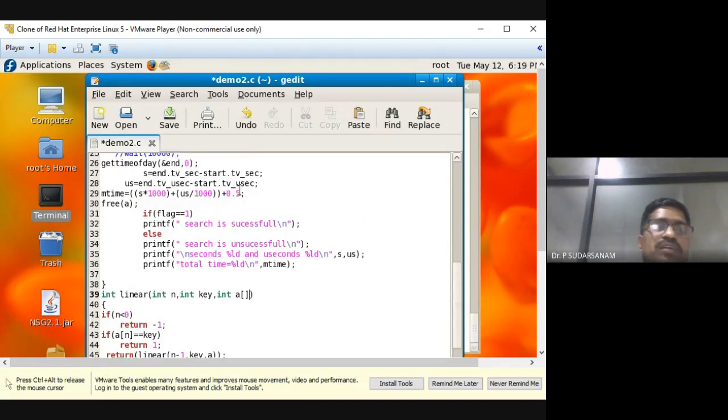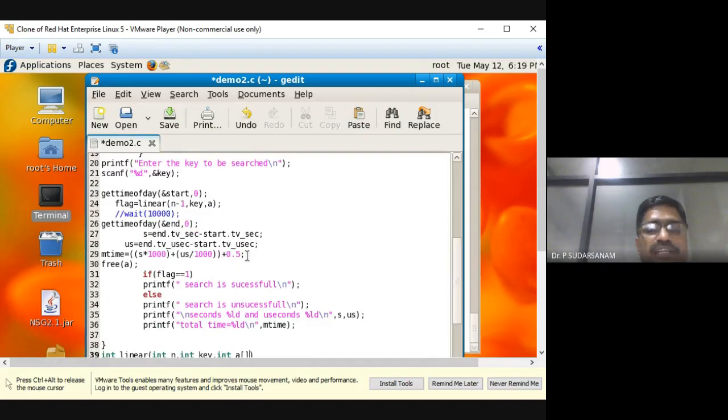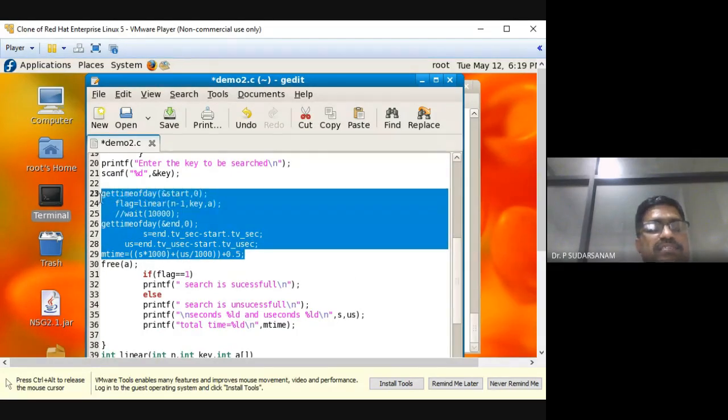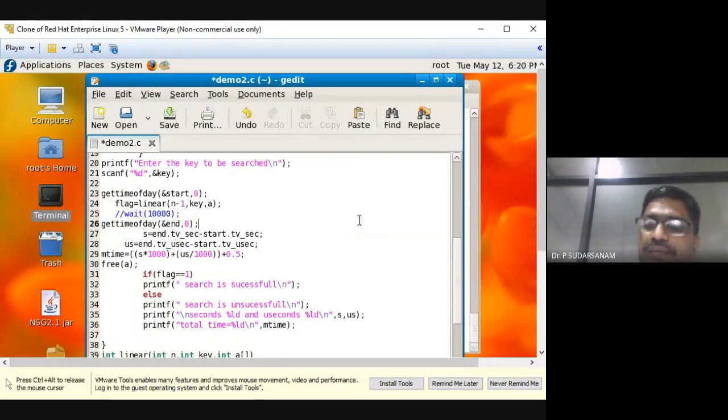Now, this is the important part, the calculations we are supposed to do. Actually, when you are taking the time, you have not studied USP, but it is available.